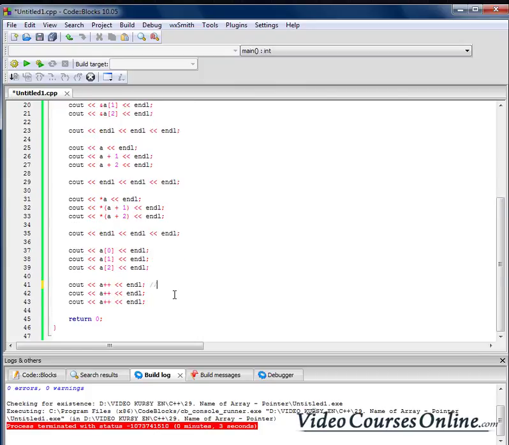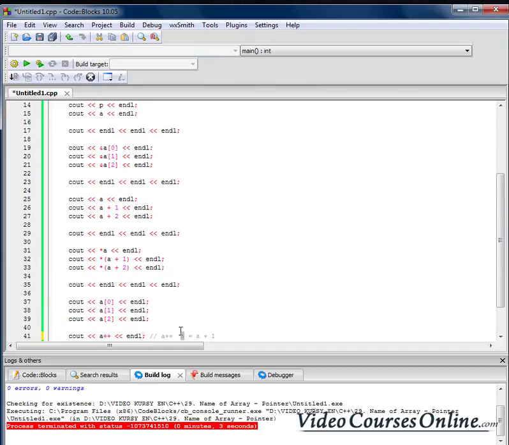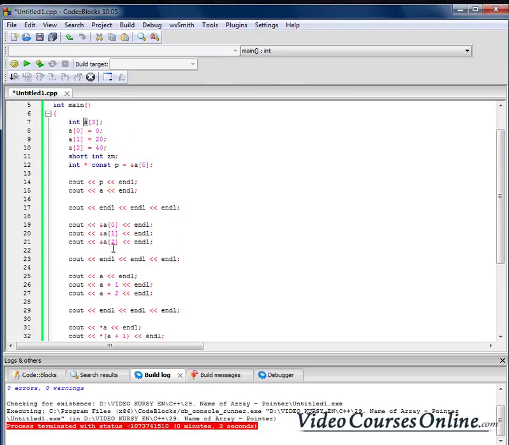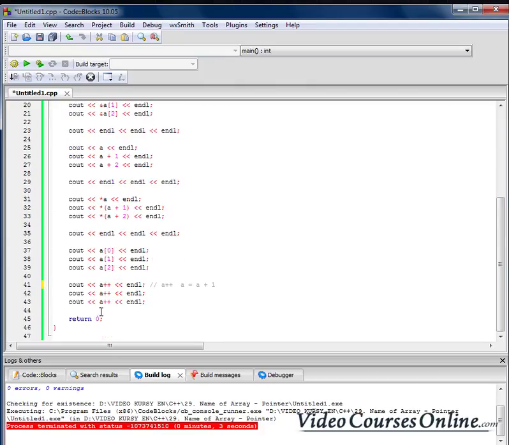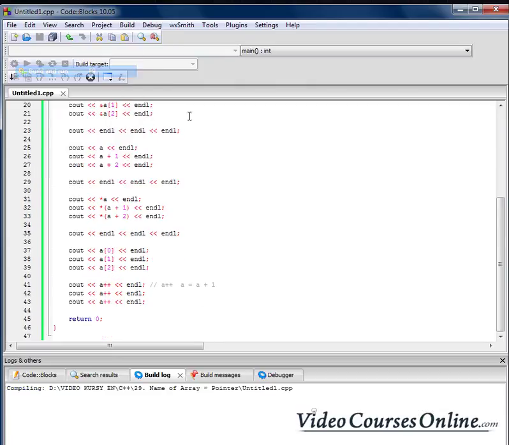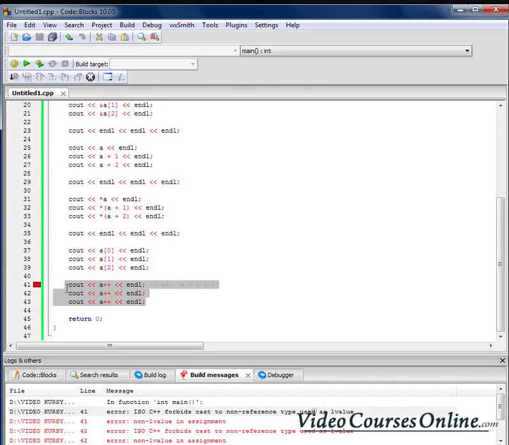Why? Because a++ is going to do the same thing as a equals a plus 1. So it means that I want to change the address of the first element of that pointer here. And that pointer here, as I told you, is constant. But as you can see, it's not working. But we can easily do